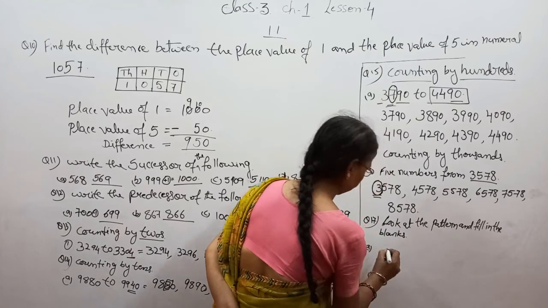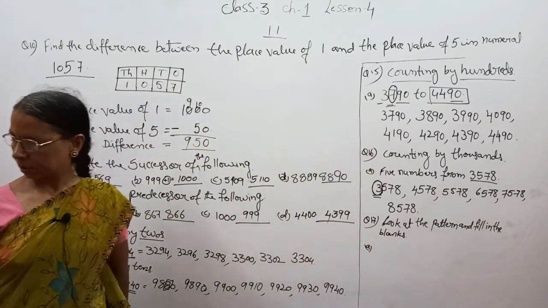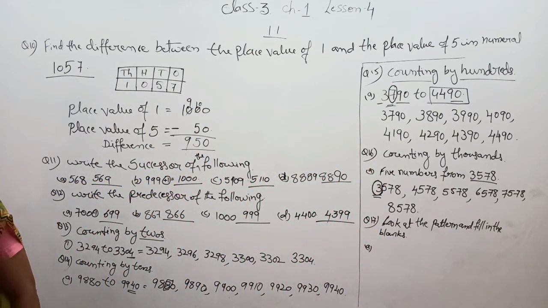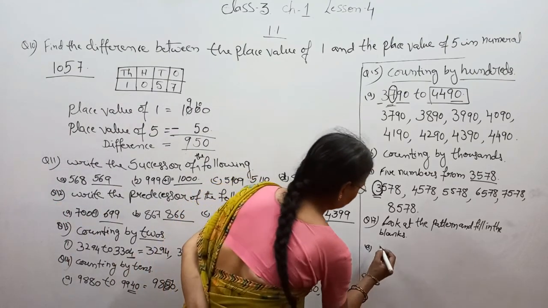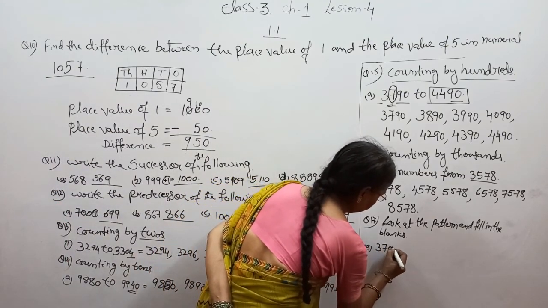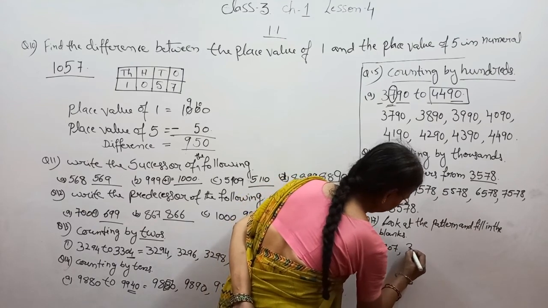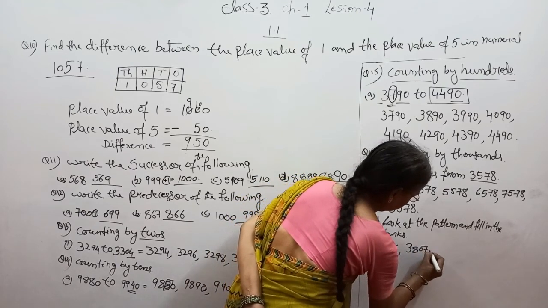Question number 1. First pattern is 3707, then 3807,